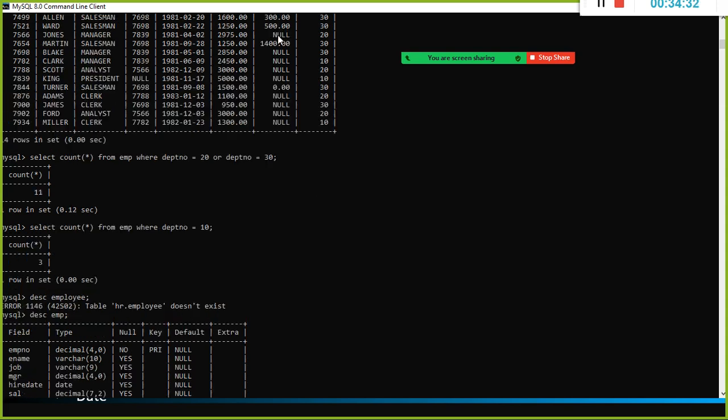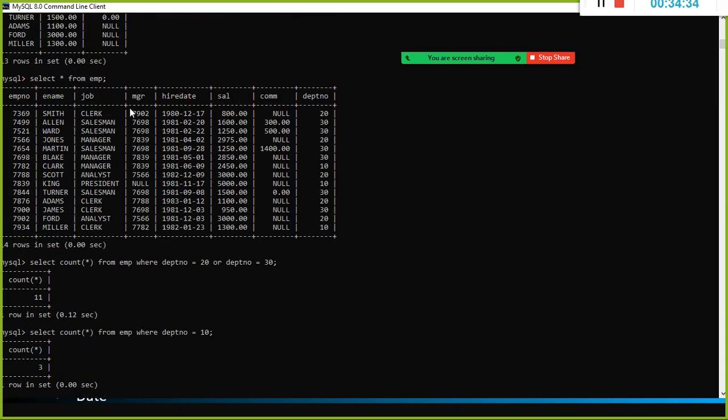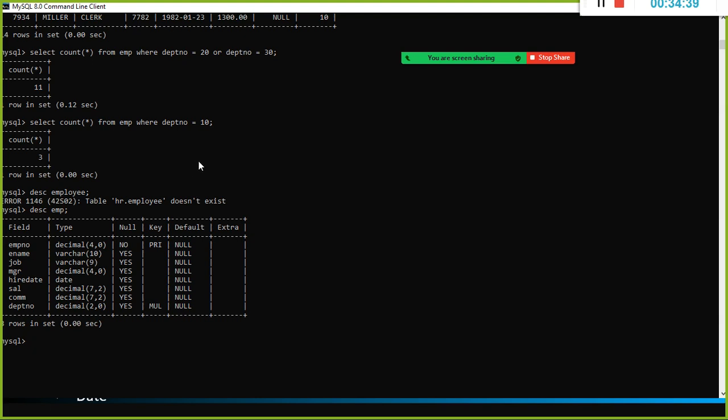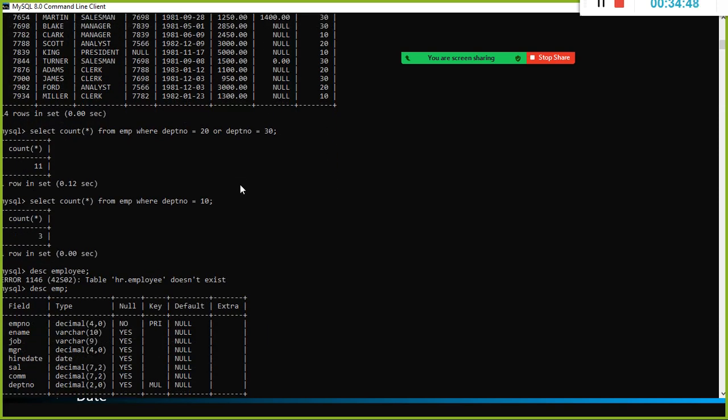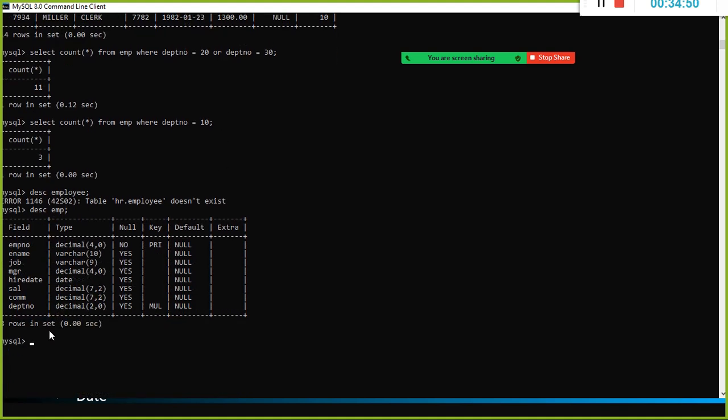I just want to look here. These are the hire dates. So this guy Smith got hired on 17/12. Is there any way I can find out the employees who got hired between so and so date? We learnt about the AND operator and OR operator, and now we will also see the between operator. Now your manager wants to know, between so and so date, how many employees we hired.